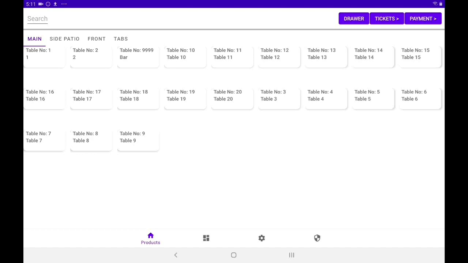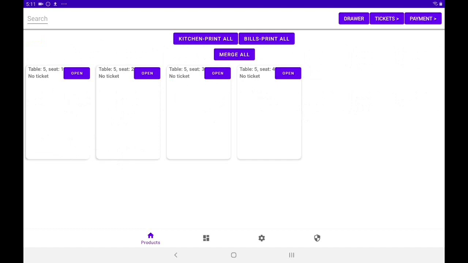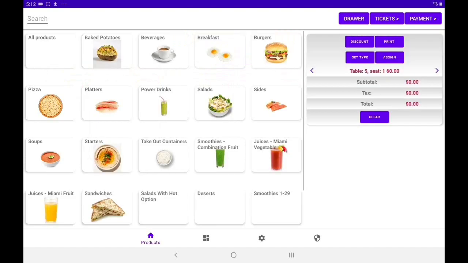Now, for this demonstration, we're going to choose table number 5, and today table number 5 has 3 people dining. If you're comfortable asking at this point, try and find out if the bill is together or separate. Asking this question at the beginning is really useful if you're taking orders on a handheld device. If you're not comfortable asking, that's okay. Just open the ticket on seat 1 and wait until later on to ask. So we're going to press open on seat 1, assuming we haven't asked that question,